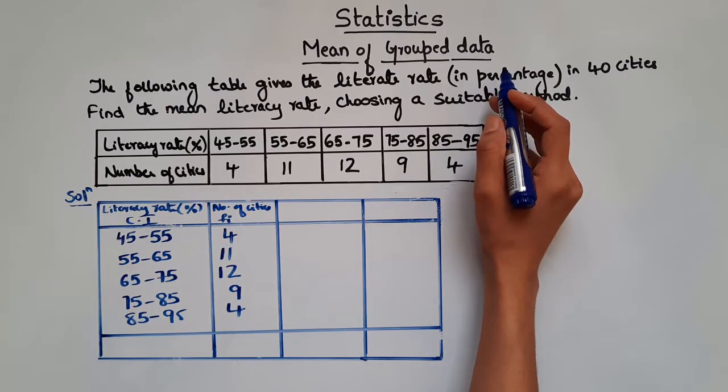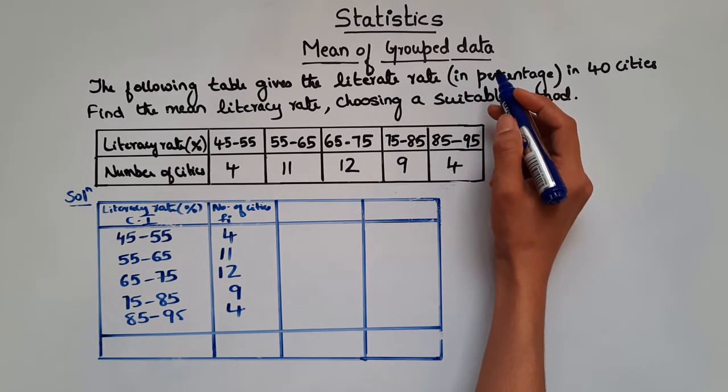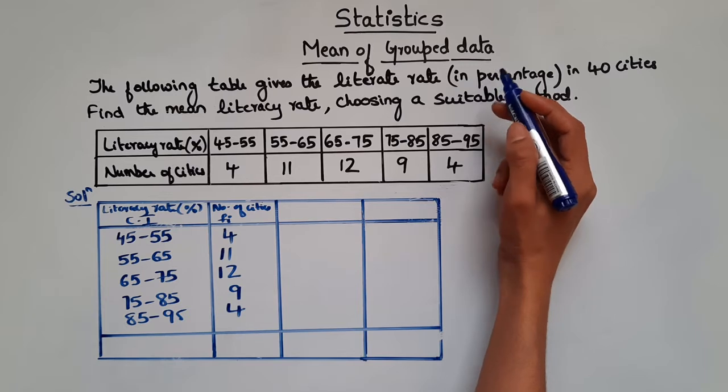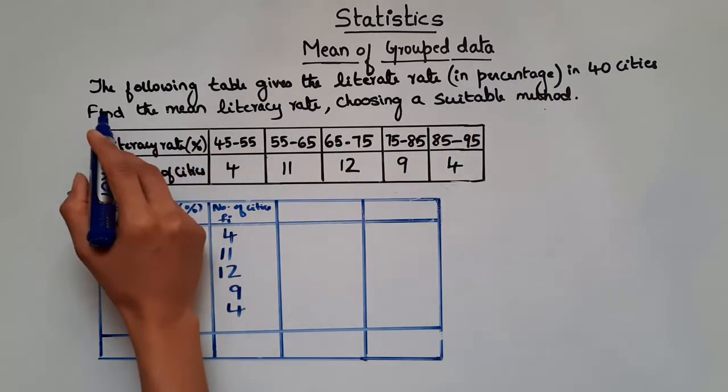In this video, we will see three different types of problems that are possible under this topic. In my previous video, we have seen what is mean and different methods to find mean. So if you haven't watched that, there is a link in the description box below, you can check that out. So let's see the first one, which is a direct one.